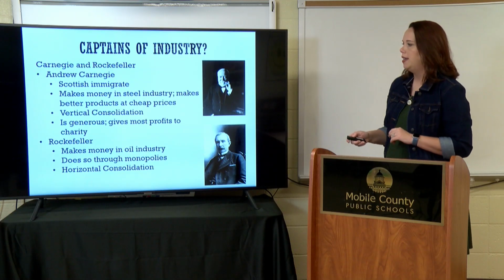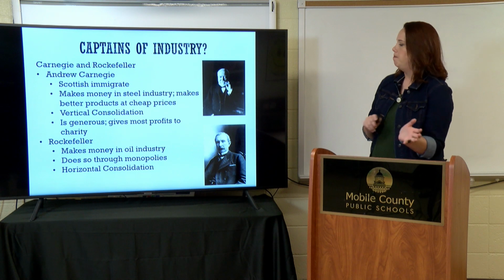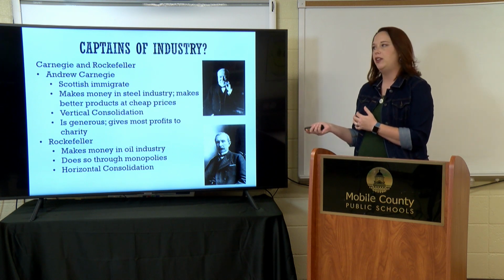He's a photographer, and he figured out how to take pictures at night in a lot of these slums where a lot of these immigrants were living. And people are just blown away by what they're seeing. And people start to make pushes for changes in these urban areas. And that's when we start to see improvement in these urban areas and improvement in, of course, a quality of life. Now, guys, I would love to go through Carnegie and Rockefeller with you, two of the biggest magnates when it comes to industry at this point.